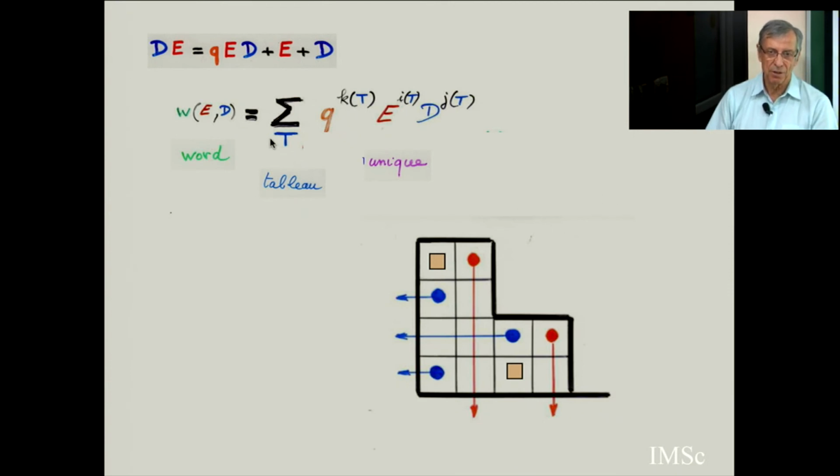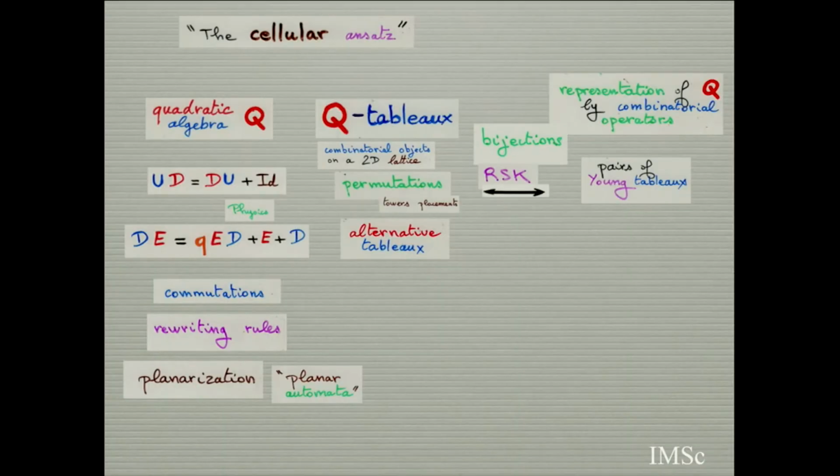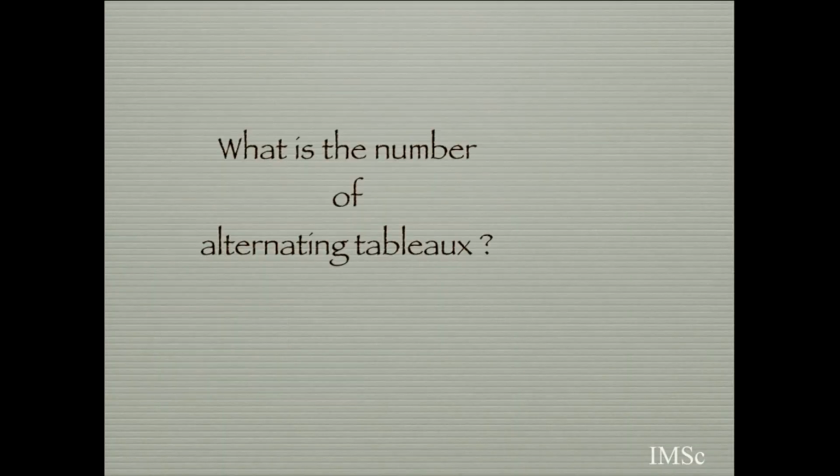So I claim this word can be expanded like this, as a summation of all these possible tableaux. And now for Q, you can ask what is the coefficient of Q. It is exactly the number of such yellow cells. The yellow cell is the cell where I do the analog of the inversion of a permutation. So exactly the cells which are not blue, not red, which are not on the left of a blue, which are not below a red. So the cells which remain give exactly the Q. Here, the contribution of this tableau gives you Q power 2. And the problem is, what is the number of such alternating tableaux?